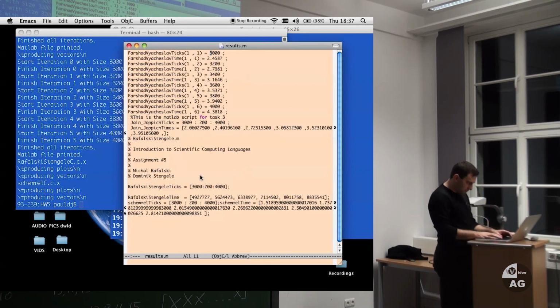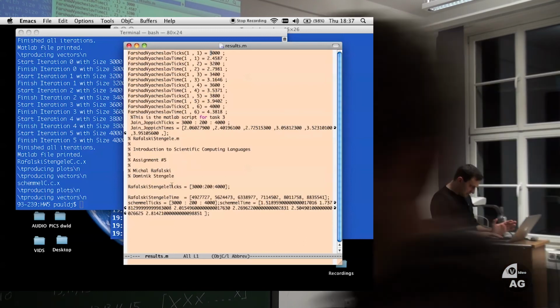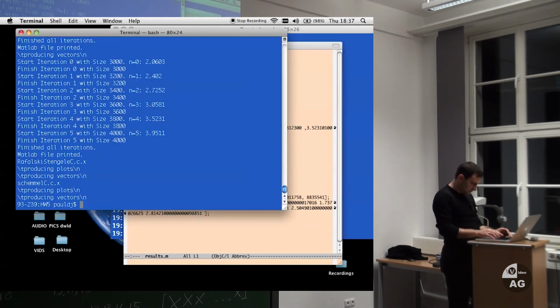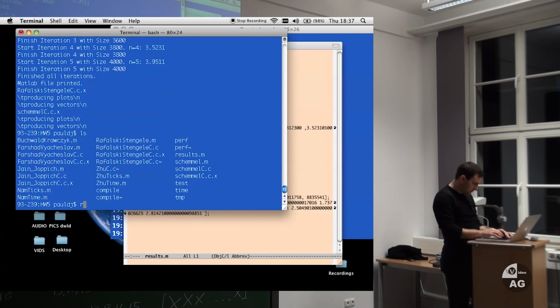I did recompile. So for now we can kill Farshad for sure. I think the finalist is Shemel for sure, and then let's see if this is Rafalski or not. So we can kill everybody else.